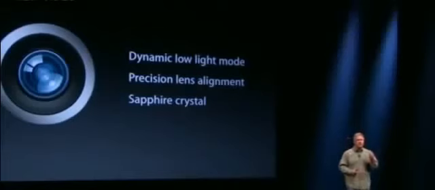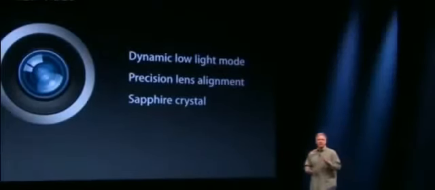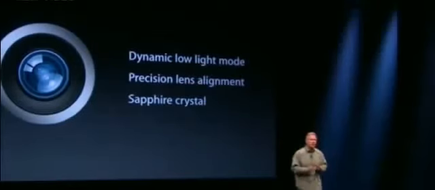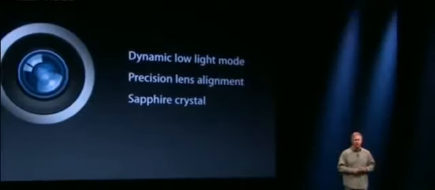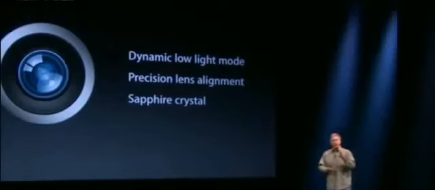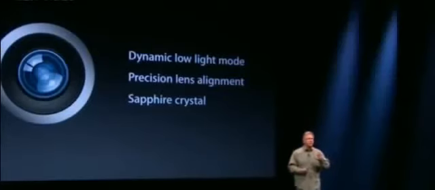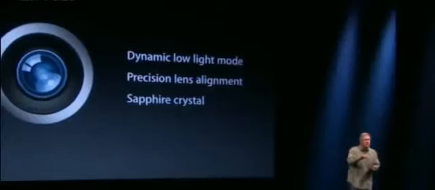There's a new dynamic low light mode. So when you're in low light situations, the ISP senses that and is able to combine multiple pixels together to give you up to 2 f-stops greater performance in those scenarios. And you really see the difference in your low light pictures. And this optical system has been amazing with this 5-element lens. One of the best ways to get a better, sharper image through an optical system is more advanced alignment